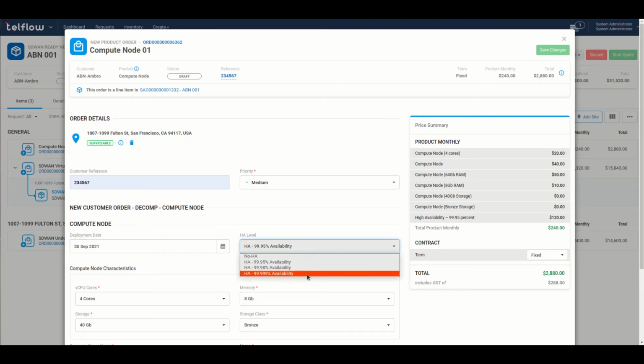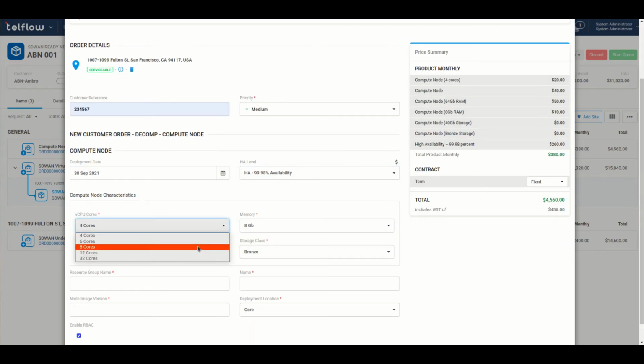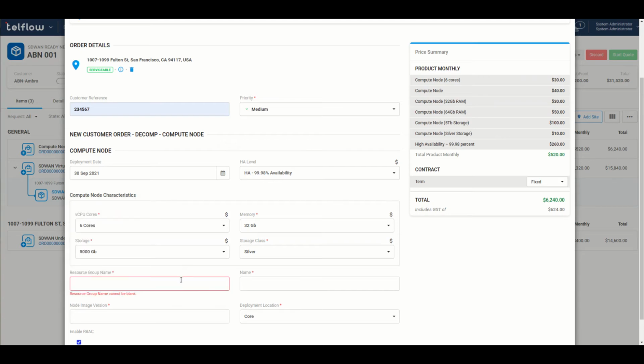What level of availability do we want for this compute node? Say 99.98. And how many cores? Let's say 6 cores and 32 gigabytes of RAM, and we want say 5 terabytes of storage, storage class. We need to give it a resource group name. So this, if my application is a smarter chicken farm app, then we might say